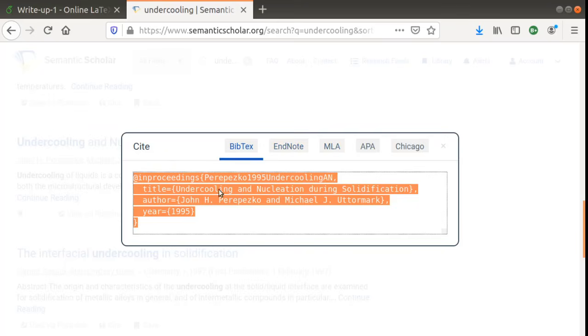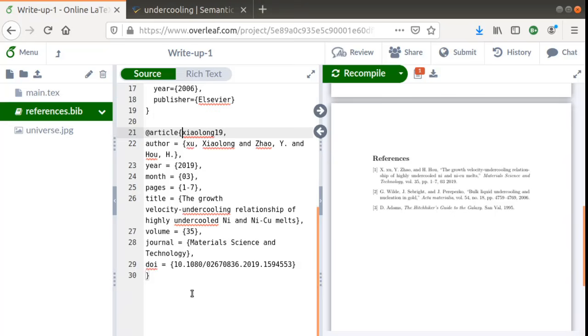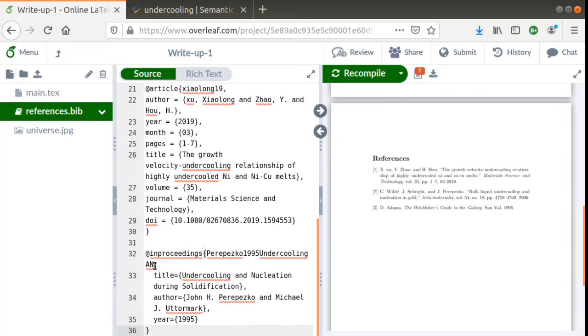It is readily there in the BibTeX format, already highlighted and kept ready for us. So we can just copy it and come to our Overleaf document, open the references file, go to the bottom and paste the article information.